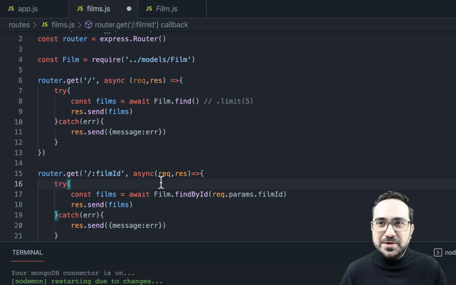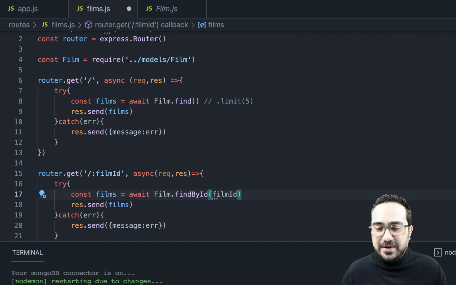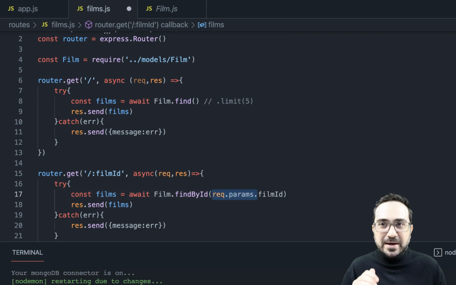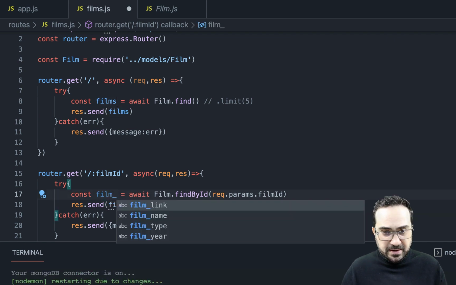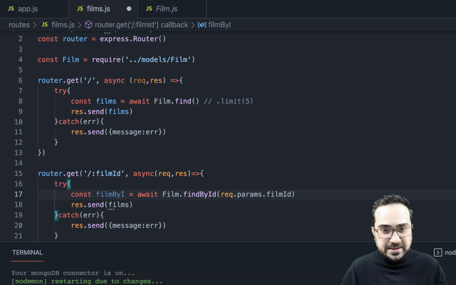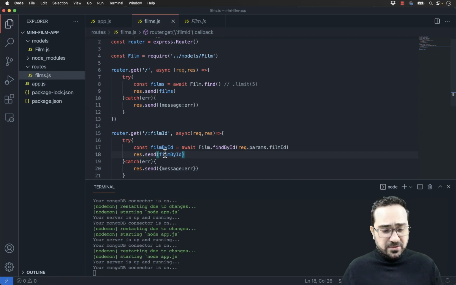It's the request of the user, and this is the parameter that the user will give me. So to access this filmID, we don't just put filmID here. Right? If we put it like that, we'll never find it. We have to say request.params.filmID. And instead of calling it films, I will say filmById, and I will send it back to the user. Supposedly I did it correctly.